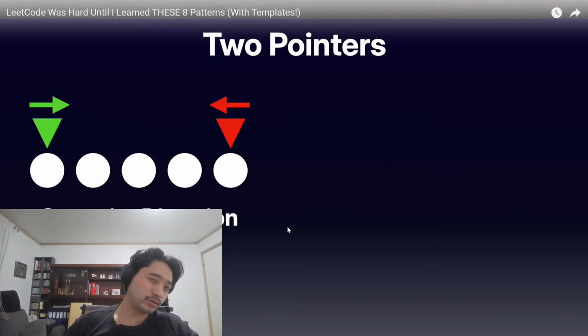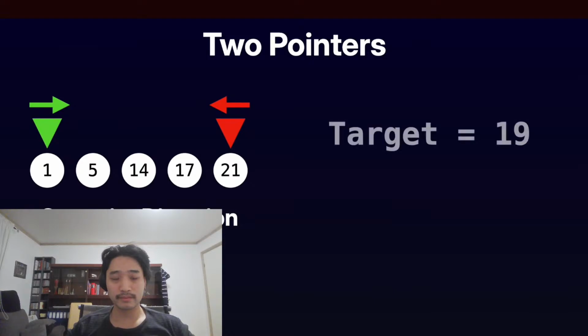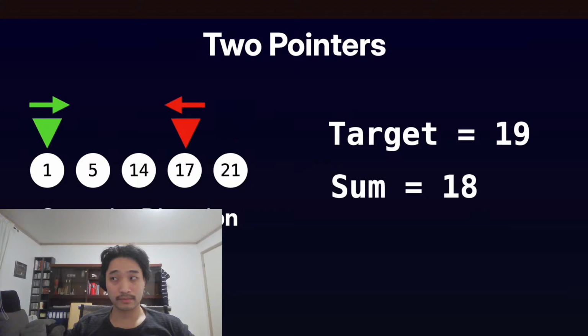When the pointers move in opposite directions, this is typically used for problems that involve finding pairs or comparing elements from opposite ends of the data structure. A classic example of this is finding two numbers in a sorted array that sum up to a target value. One pointer starts at the beginning of the array and the other at the end. By adjusting the pointers inward based on the sum, you can quickly zero in on the correct pair, eliminating unnecessary